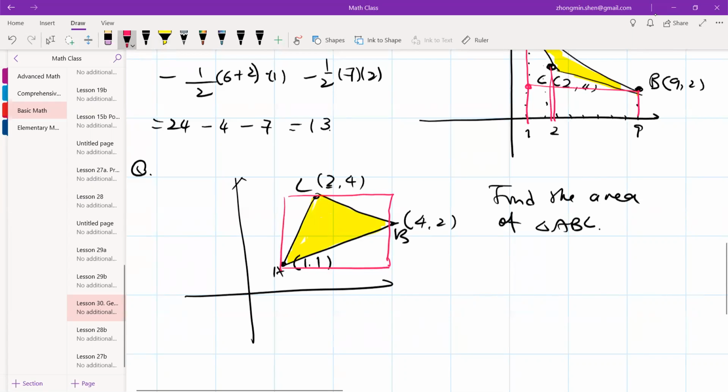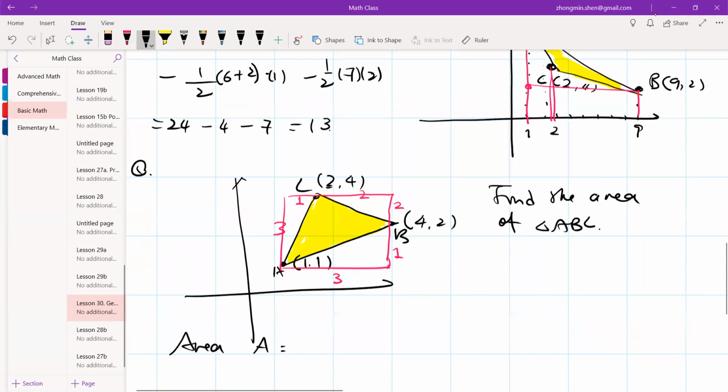From 1 to 4, this side is 3. From 1 to 2, this side is 1. And from 2 to 4, this side is 2. No, 1.5. Then from 1 to 4, this side is 3. Okay, so that's the picture. It's 1.5. And from 1 to 2, this side is 1. So the area